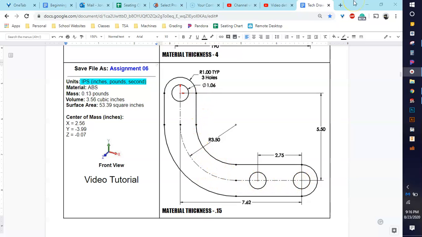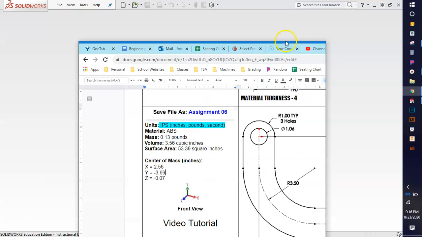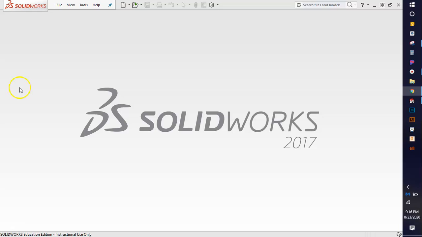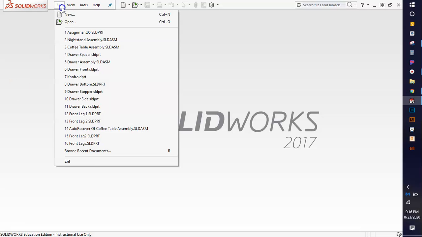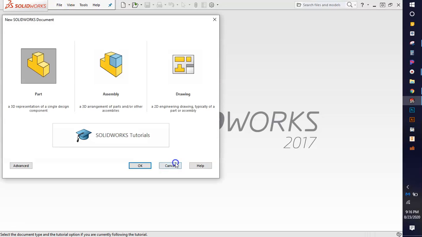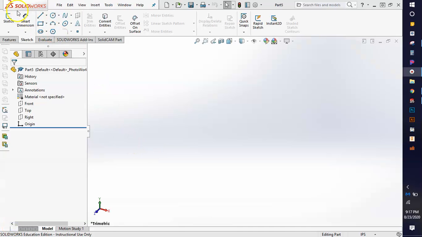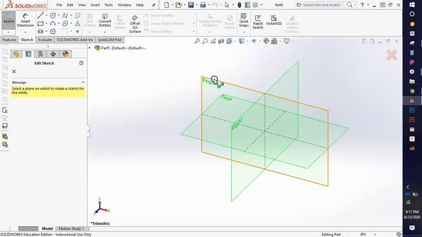Okay, so there are a lot of different ways to do this. I'm just going to show you one. Feel free to try and do it on your own in a different way. But I'm going to pull that to my other screen, and I will start by going File, New, and creating a new part in SOLIDWORKS. We will be sketching on the front plane,